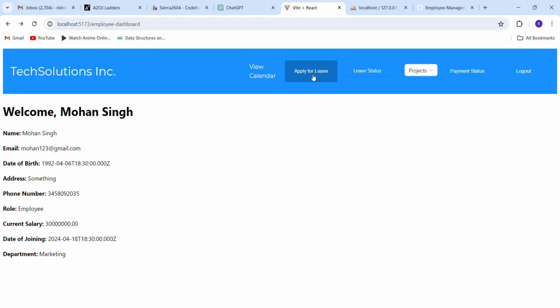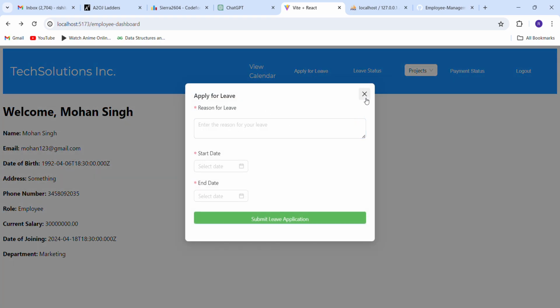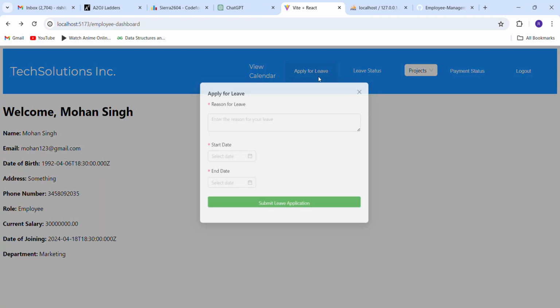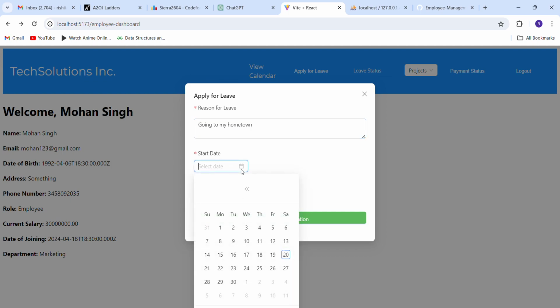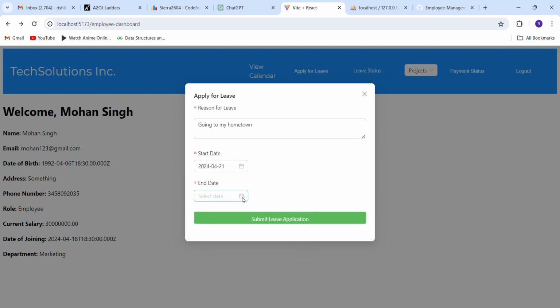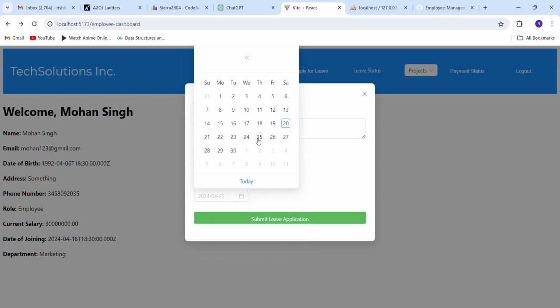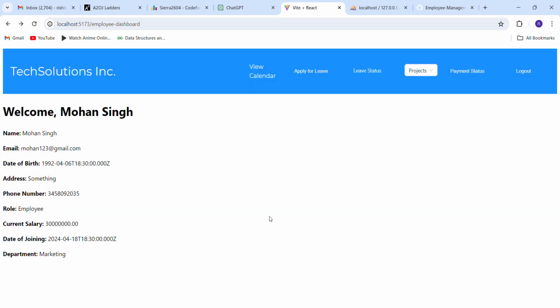Sorry, the employee dashboard. The employee dashboard also has a feature of apply for leave. Now, an employee can successfully apply for leave from here. Let's write the reason for leave. So, going to my hometown. Let's write this as the reason for leave. Let's give him a leave from 21st to maybe 25th. And submit leave application. So the leave application has been submitted,